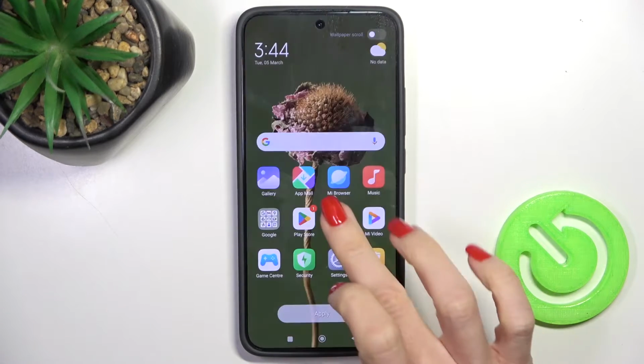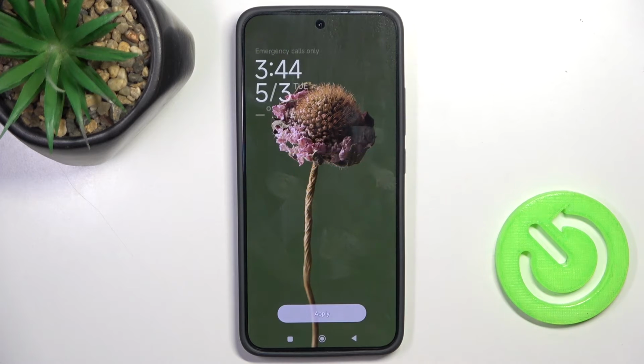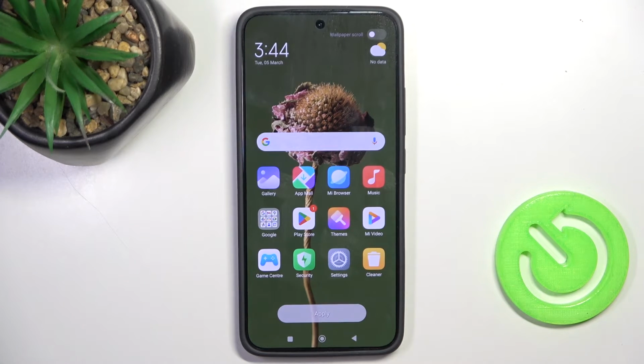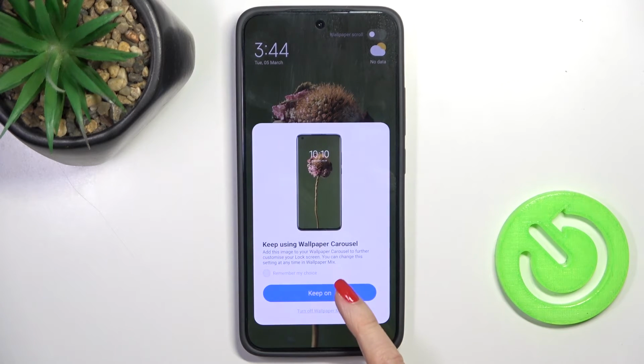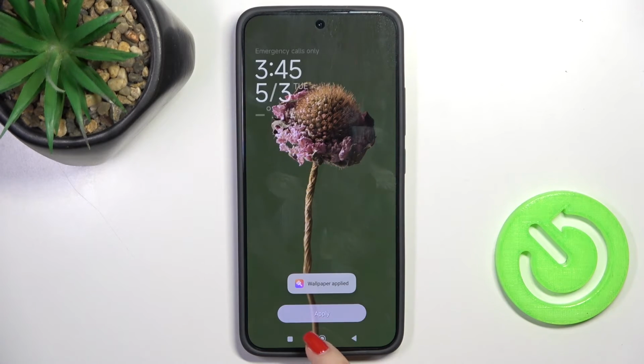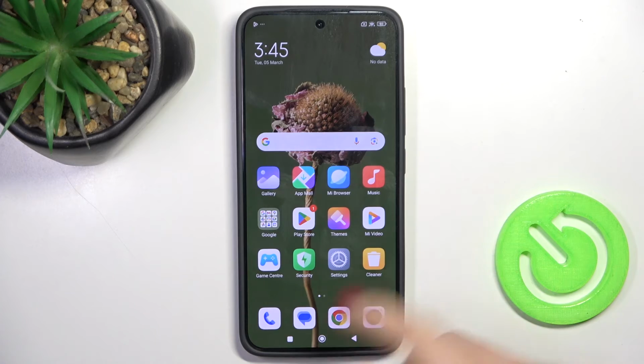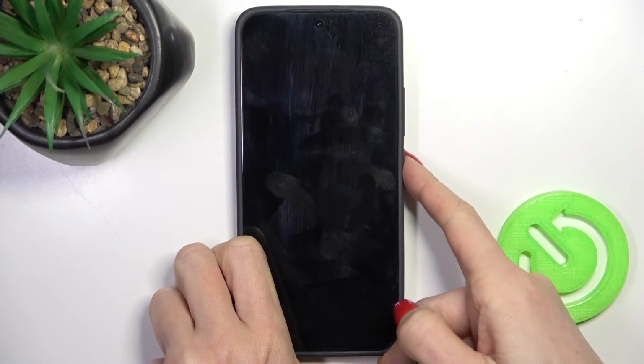Just tap to preview. So this is your lock screen, this is your home screen, and if you want to apply it, just click on apply, then decide if it's for lock screen only, just your home screen, or both. I would like to set it on both. And as you can see, it has been applied and now it is covering both home and lock screen of your